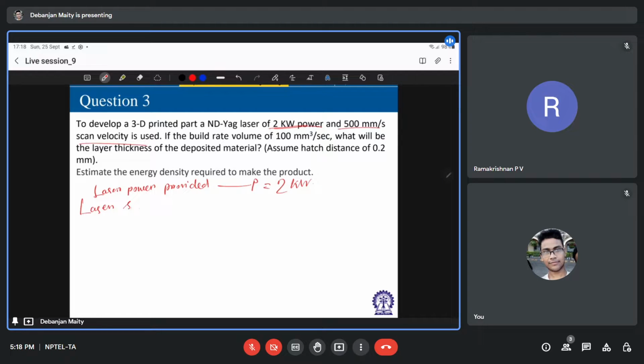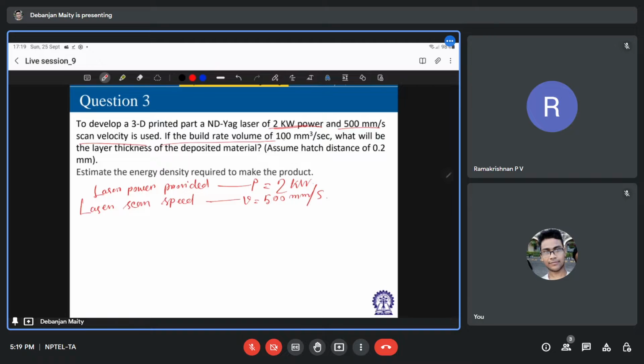So you have your laser scan speed as, let's keep it small v, 500 mm per second, and you have some build rate volume of,